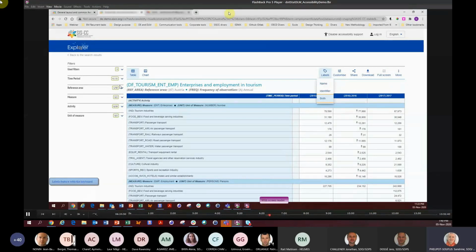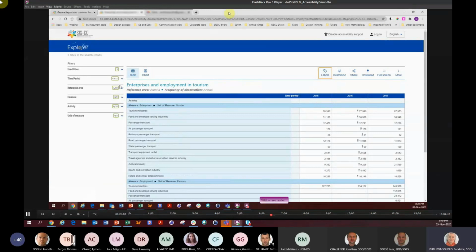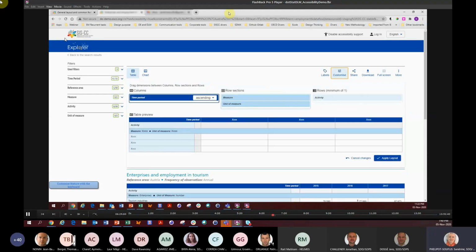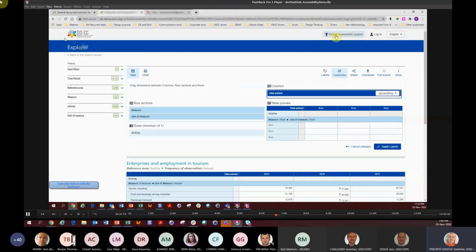So here it was just for you to listen to the screen reader, what it says each time it goes on different features. So here we arrive on the customized features. You will see it's completely different than the default